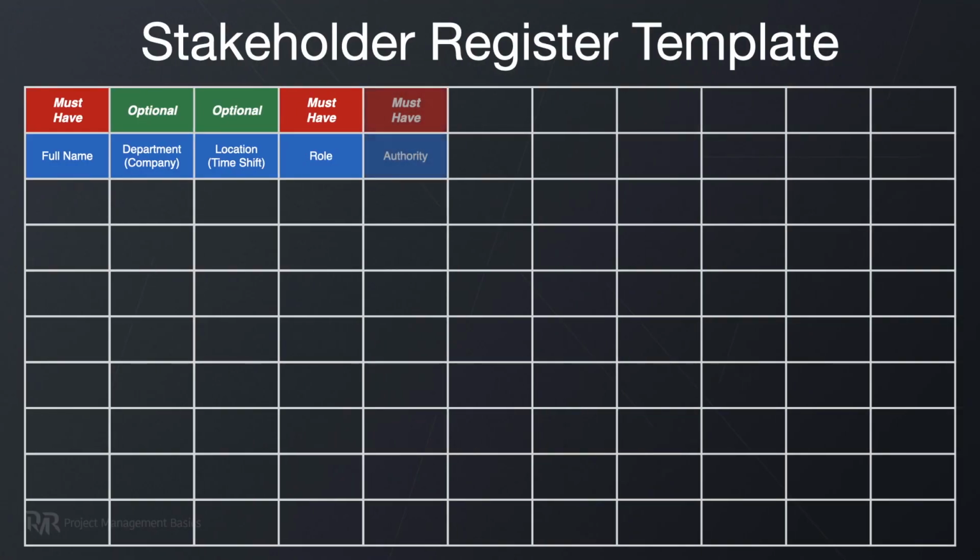So last time I introduced 4 unique columns: authority, interest, involvement, and impact. So authority comes directly from the person's title. Project owners have ultimate authority over the project because they pay for the project, so they decide what to do in general. But likewise, your boss may have lots of power to change your project management approach.